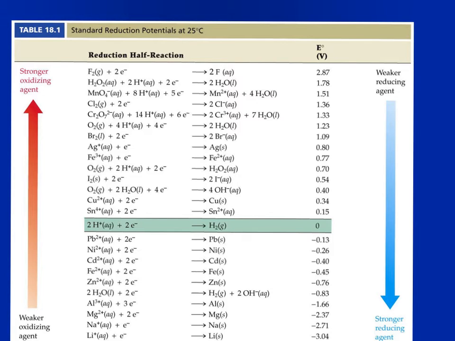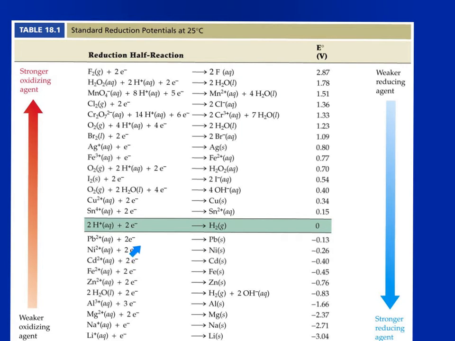They're actually pretty cool how they're organized. Up at the top, we have the strongest oxidizers, and they go down to the weakest oxidizing agents. And so you notice the electrons are always written on this side, and then it makes something and it gives you a voltage. So when you look at these charts, the electrons will all be on the same side,